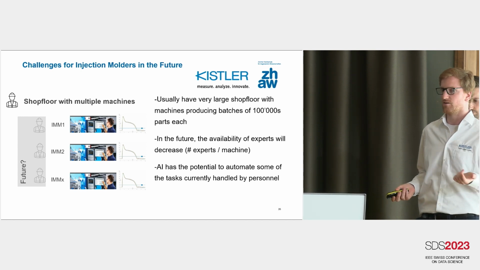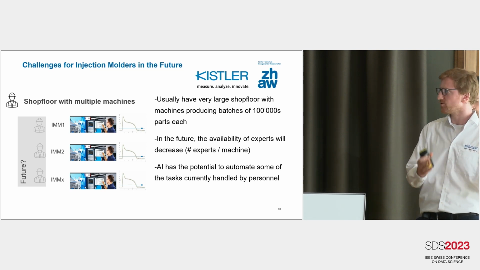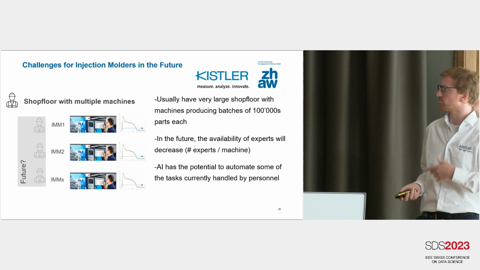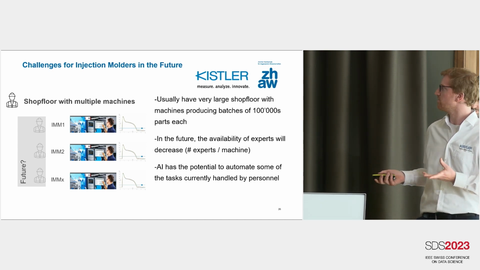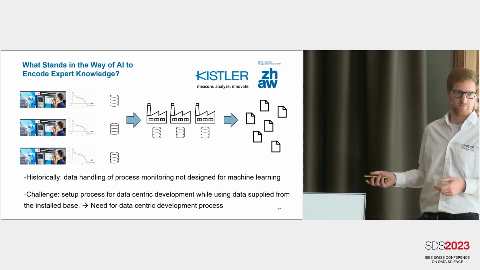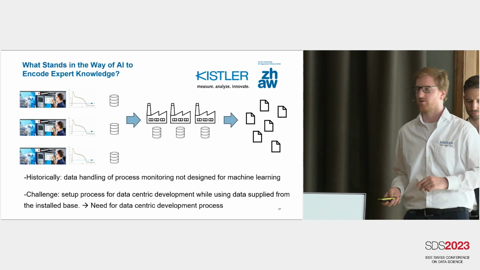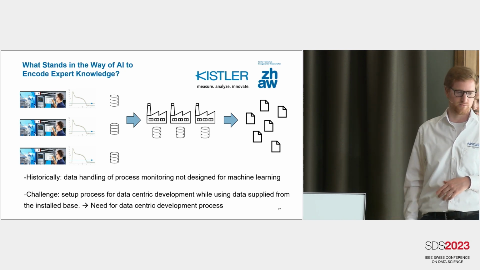And this means initially trying to reduce the amount of expert input needed for stabilizing a process, or even for filtering the parts or solving errors. So this is why we want to explore the use of AI for this. But like Philip mentioned, there are a couple of issues which stand in the way of just moving forward and doing it. So historically, as displayed here a little bit,